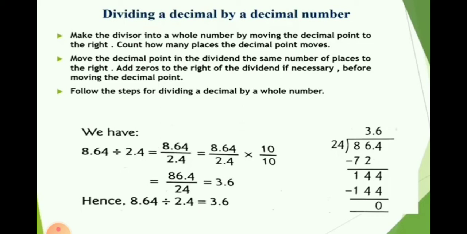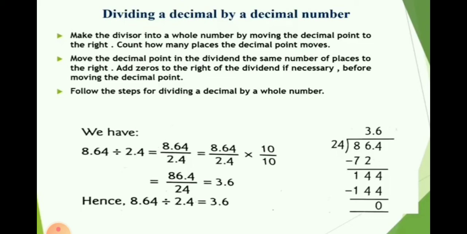So when we are multiplying the denominator by 10, we have to multiply the numerator by 10 also. So now in both cases the decimal will move one place towards the right. The numerator, or you can say dividend, will become 86.4 and the divisor, or you can say denominator, will become 24. Hence you have got, now you can divide it. As you can see on the right side, we are going to divide 86.4 by 24.